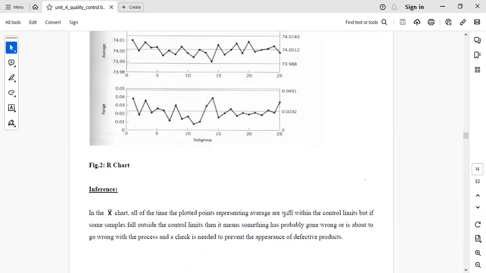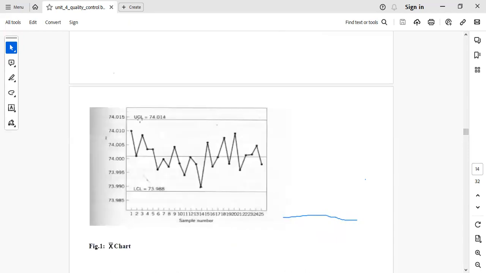They are well within the control limits. So that is what you've seen in this case here. All of them, none of the points is going outside the control limits. And if that is the case, then we are saying,